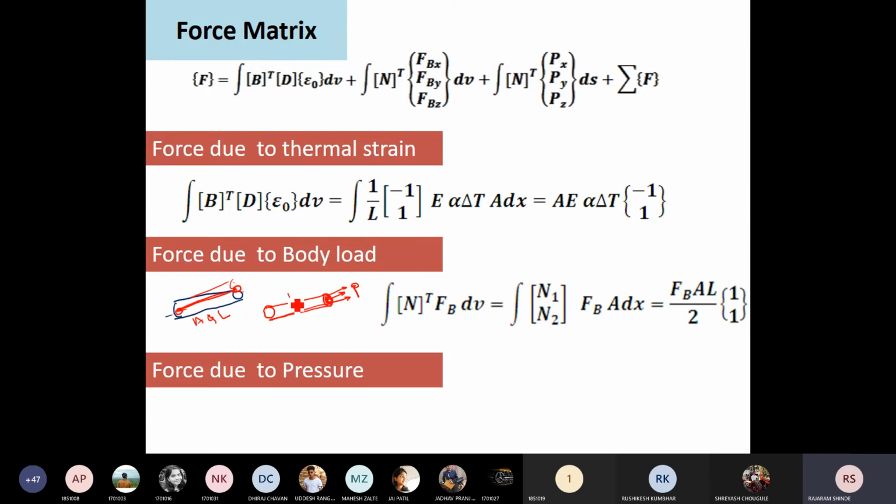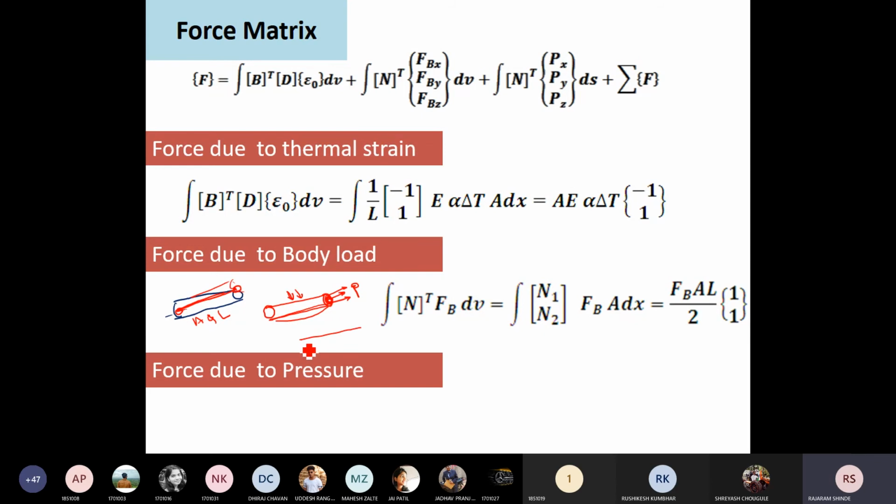When we consider force or pressure on this area, it will add one more degree of freedom. So that type of element does not come under this category. These elements are known as beam elements. Now we are discussing the one-dimensional linear element. Beam element is not a one-dimensional linear element. So we are not considering the lateral pressure, lateral load.